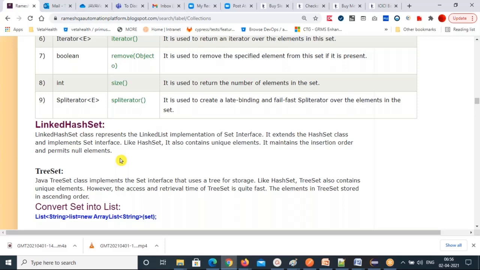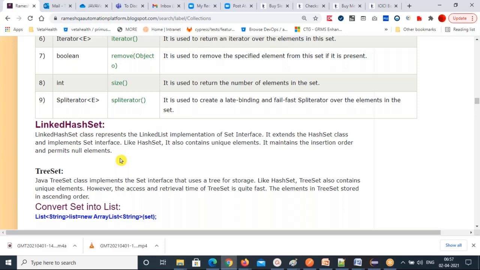If you insert in an order, you won't get the elements in that order. But LinkedHashSet contains unique elements like HashSet, but maintains the insertion order and permits null elements also. So LinkedHashSet returns the insertion order: in whichever order you inserted the elements, the same order it will give you. But HashSet doesn't give you insertion order. Randomly it will give you.